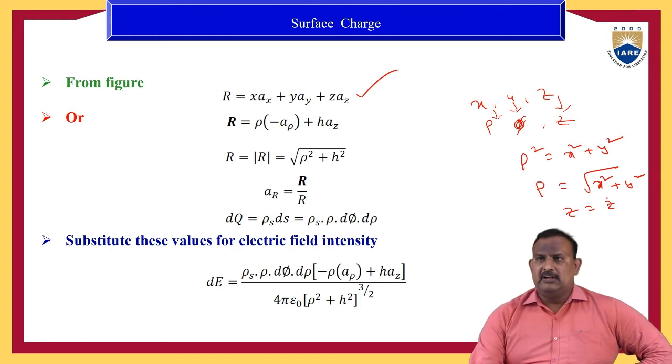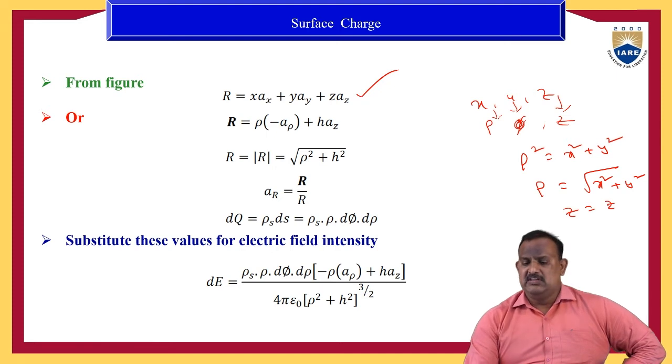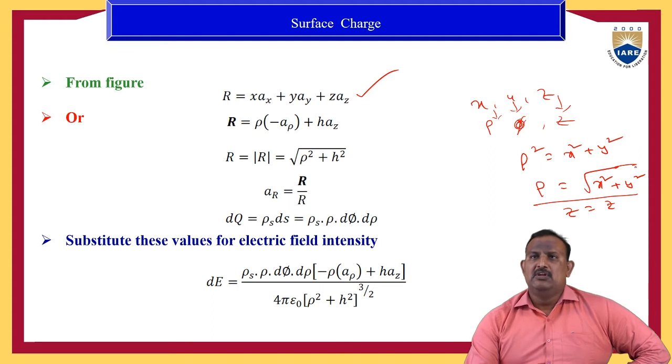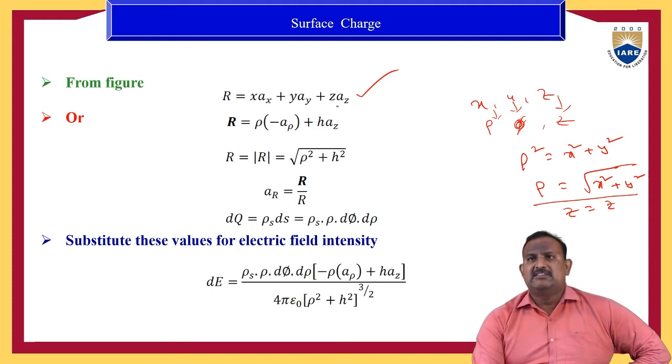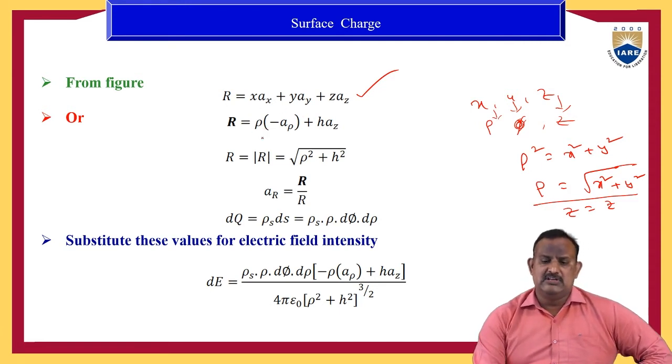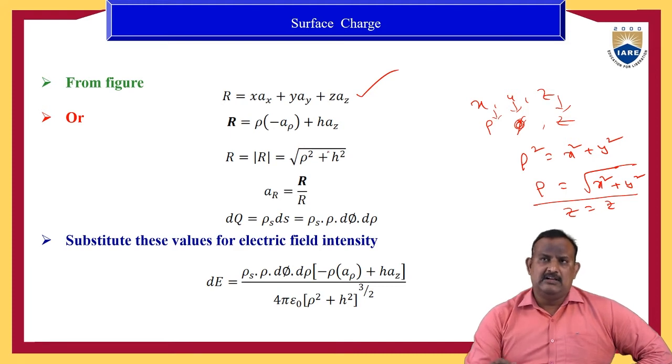So in conversion of the rectangular coordinate system to the cylindrical coordinate system, we can use rho is equal to root of x square plus y square. Therefore, in place of x, y, we can use the rho value only. Then h is equal to z only. Actually, z equals z in the cylindrical coordinate system, because the total triangle height is h. In place of z, we can write h.